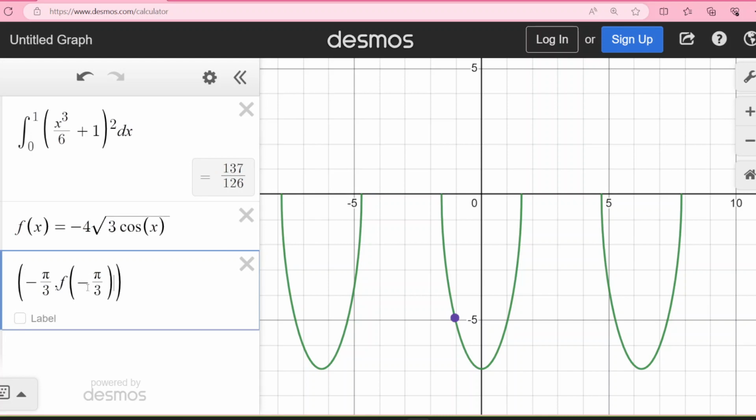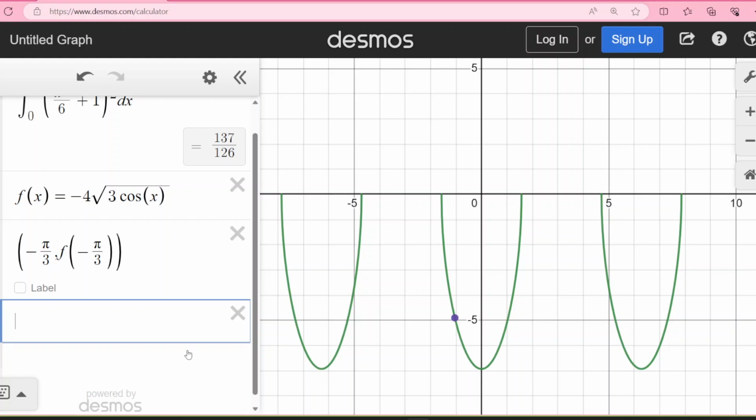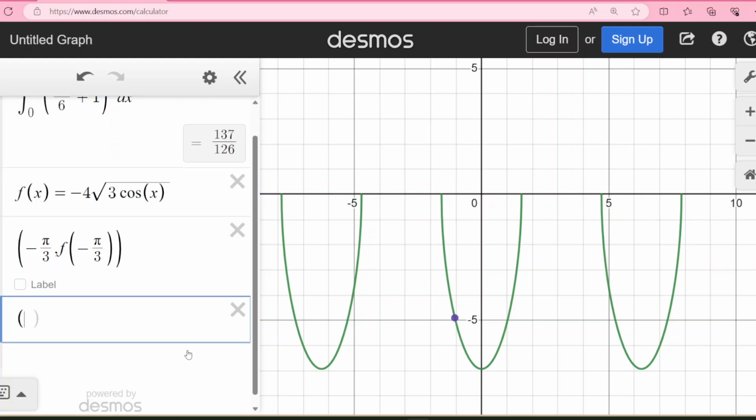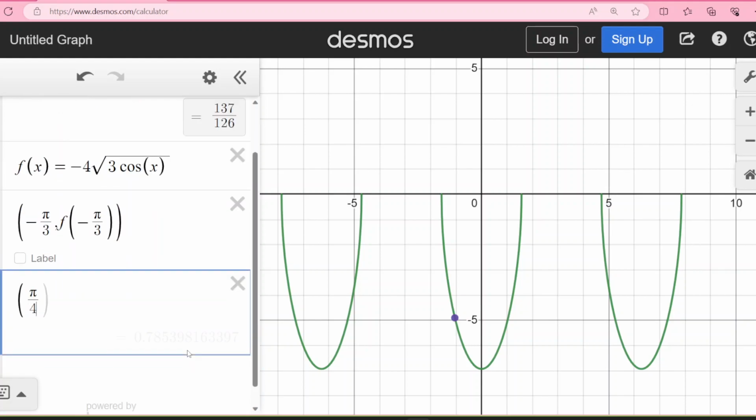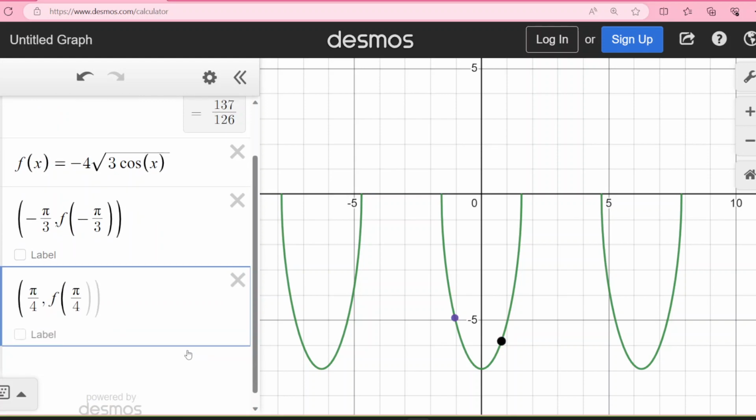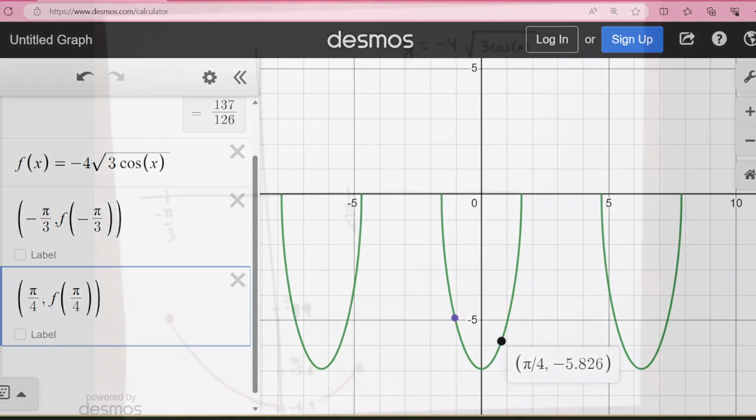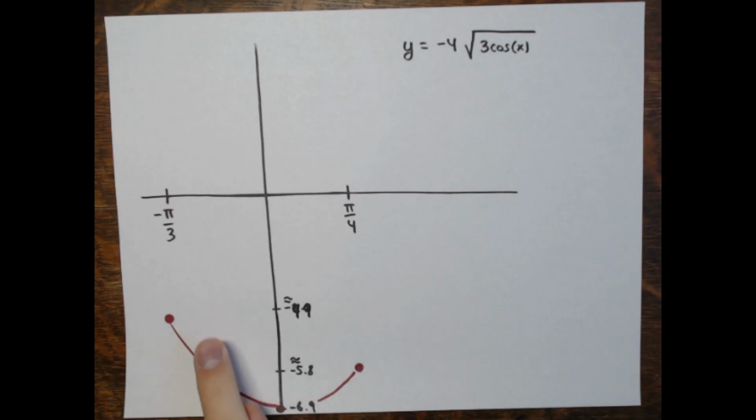All right, so there's the point I'm starting at, right? This was at the -4.9-ish y value. And then the point on the right end of the curve should be at pi/4, comma, and then f of pi/4. That should be at -5.8-ish, right? So yeah, this piece of the curve there. So my drawing's not too terrible. So it's just this piece of the little